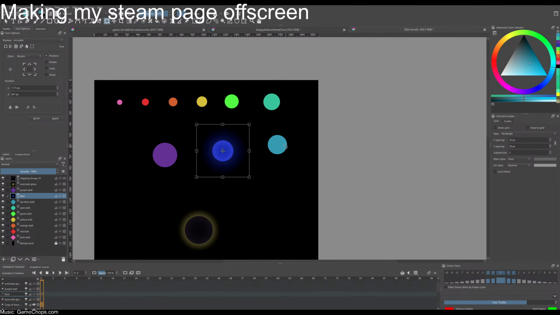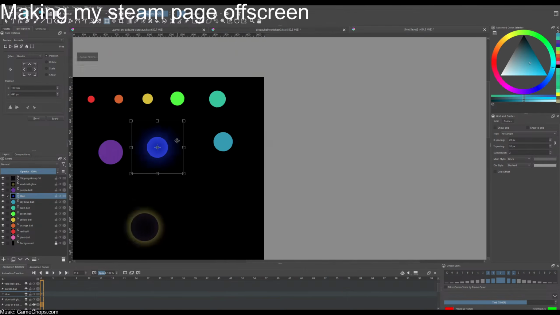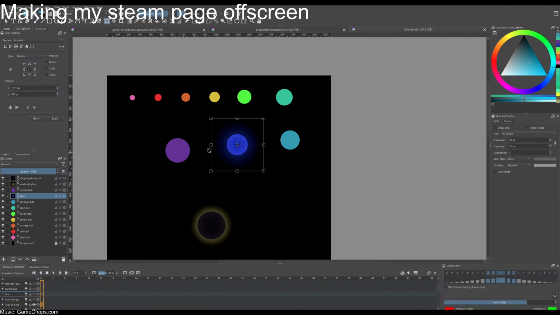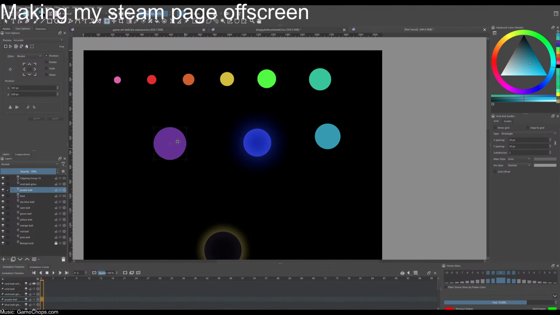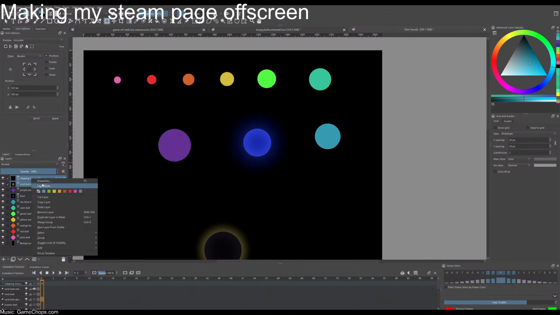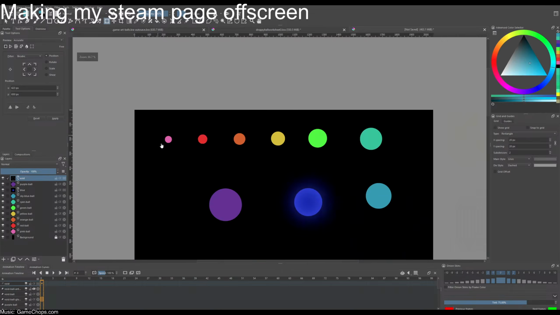Pop it in between here. And then the purple one needs to be 224. What did I make it? It is 224. So I really only messed up for 2 of them. Okay. Okay. So